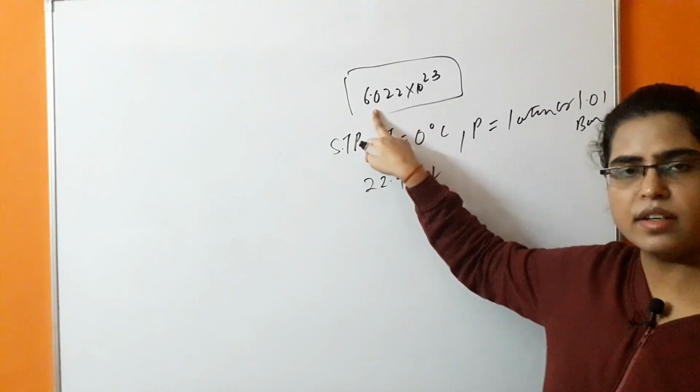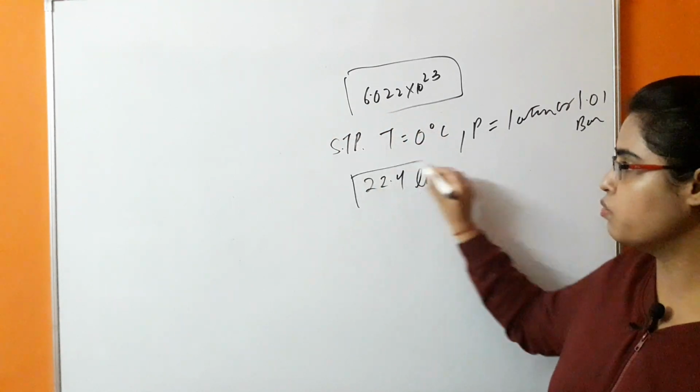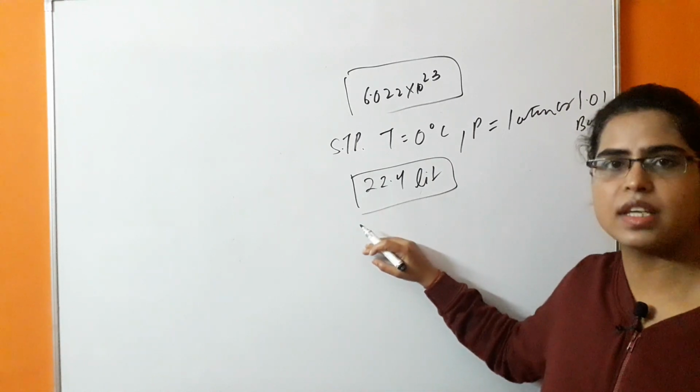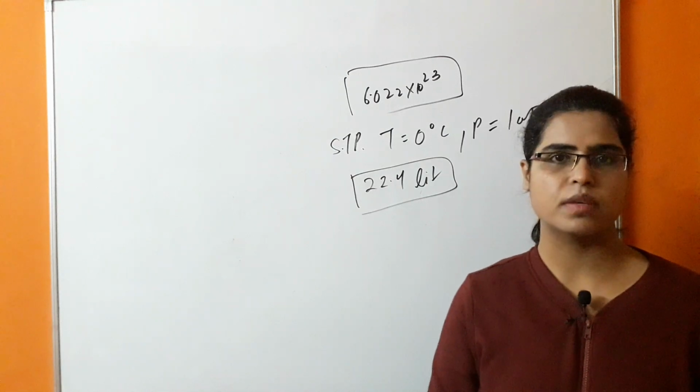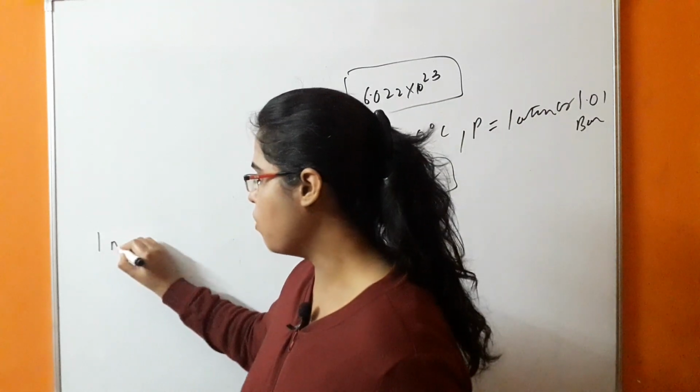As it is the standard number, this number is occupying the standard volume, which is 22.4 liter. So it is used in the case of gases. So what is the standard relationship of a mole concept which was finally found out? It is 1 mole of a